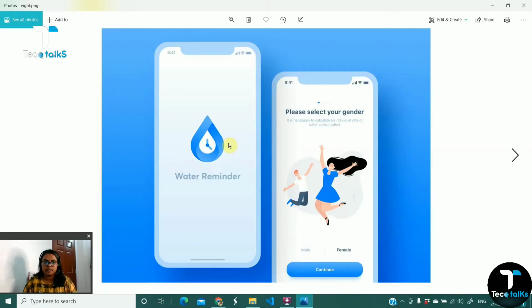Let's say I'm just opening this one. It is a splash screen of an application. So splash screen mainly means it will be having either a background color or a background image with a color overlay, and in that we will be putting a logo for the app that will be having either the icon or the app name or both. So first we are going to learn how we can actually design this logo, and then we will learn how to design this complete screen.